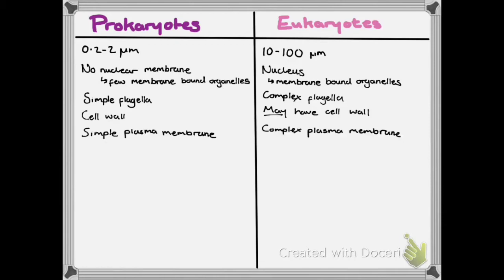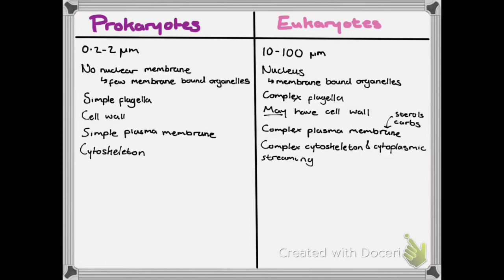Prokaryotes can have a simple plasma membrane, while eukaryotes have more complex ones with more carbohydrates and lipids embedded inside. Both have a cytoskeleton, apart from eukaryotes have a more complex cytoskeleton and can have cytoplasmic streaming to direct the cytoplasm around the cell. Both also have ribosomes, apart from prokaryotes have 70S ribosomes, while eukaryotes have 80S ribosomes with 70S ribosomes within organelles